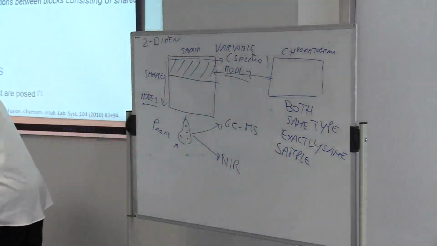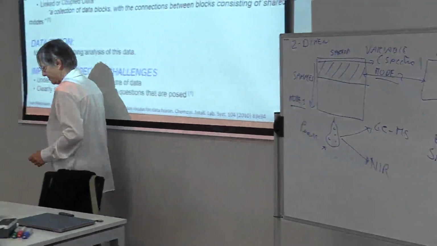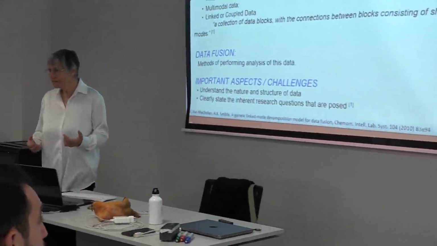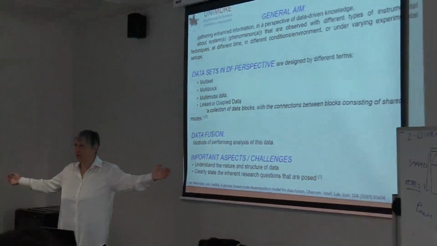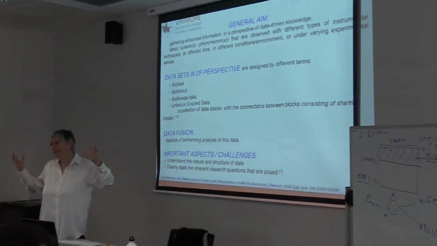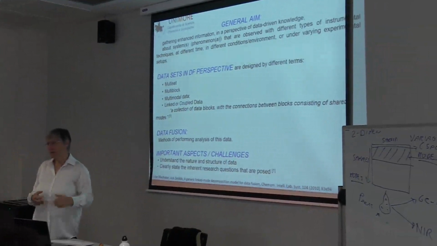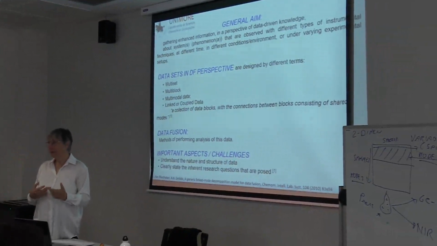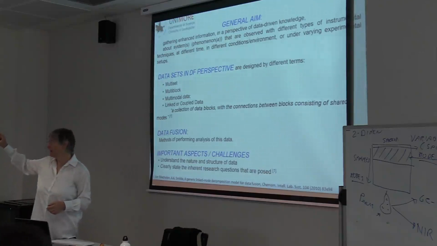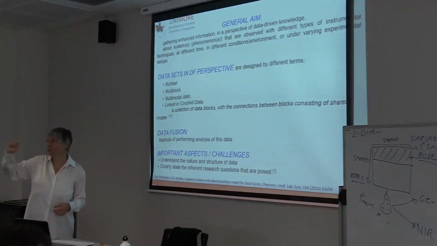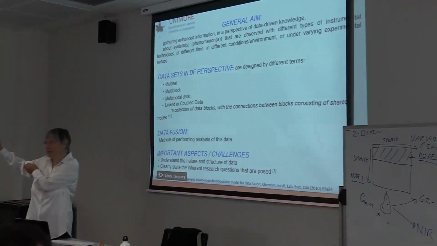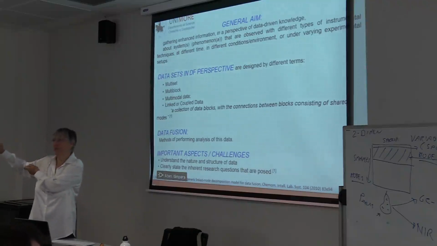And this is a very easy trap, especially when your techniques are very different. Because maybe you do not think of this problematic of representativeness, and maybe with one technique you have, I don't know, 10 preparative steps. So you think it's the same sample because you start from an aliquot from the same sample.